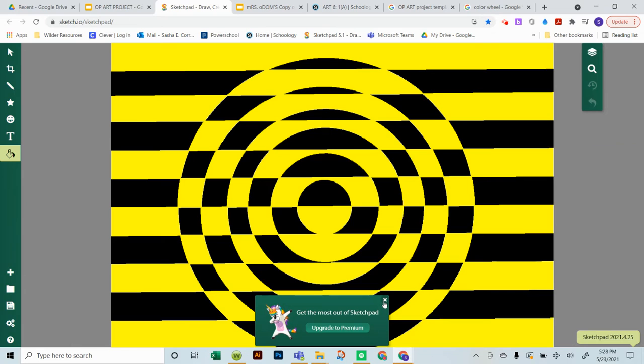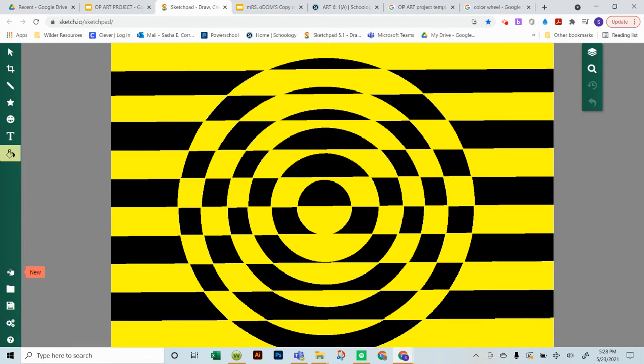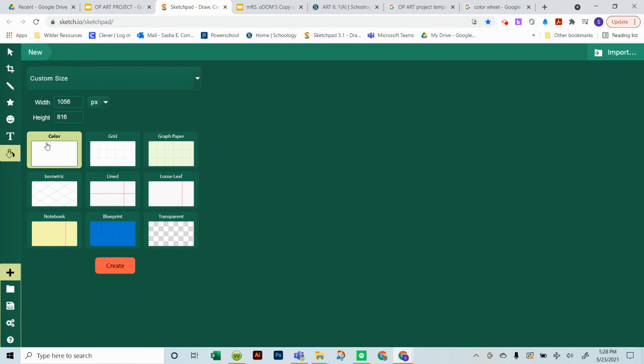I'm going to make a new project. So you're going to click the plus sign for new. Make sure it's in inches, so IN instead of PX. You're going to make this into